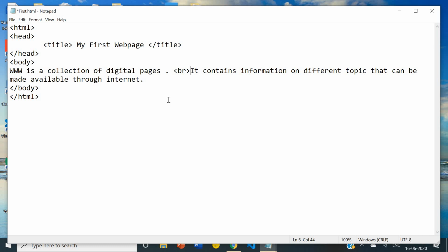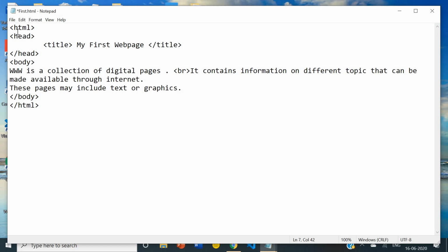Now if you want to make some changes or add some lines, you can add one more line. After seeing the output, you can do editing. So let's add one more line. I am writing this line, but you can write any line. These pages may include text or graphics.